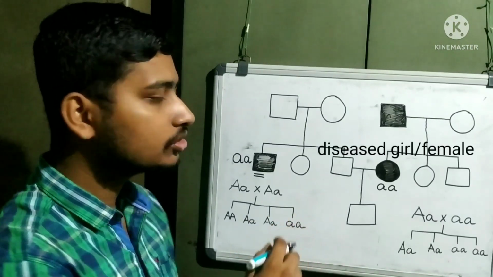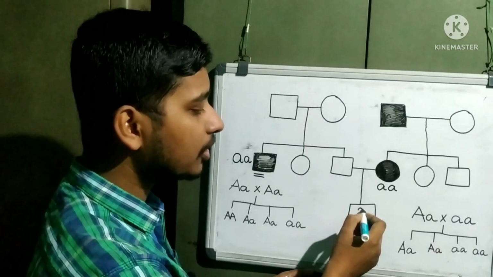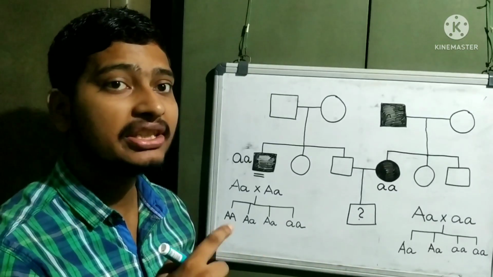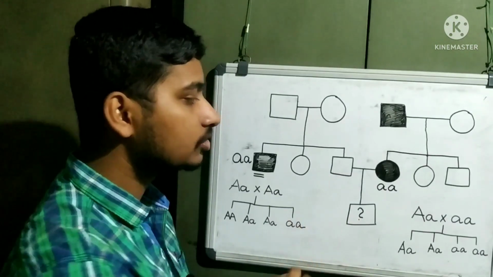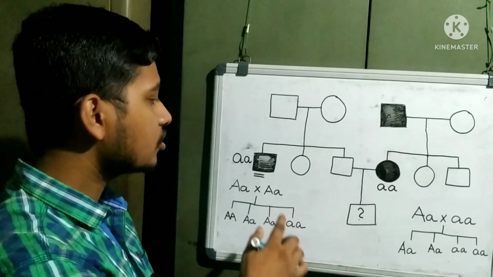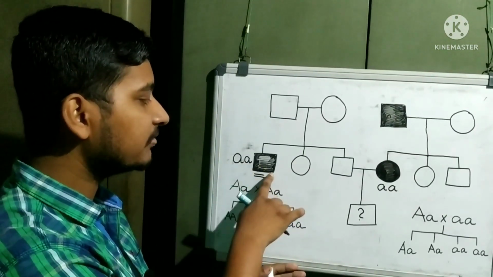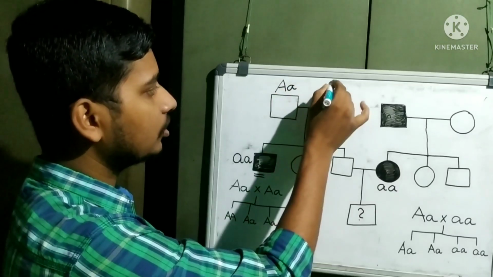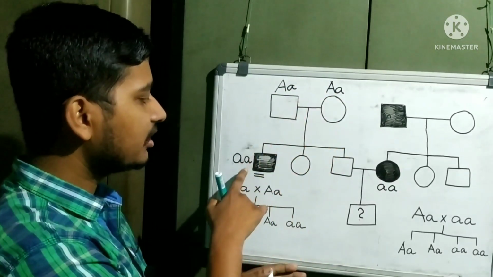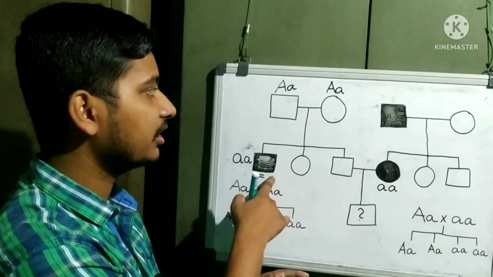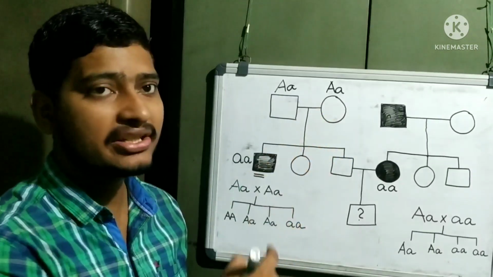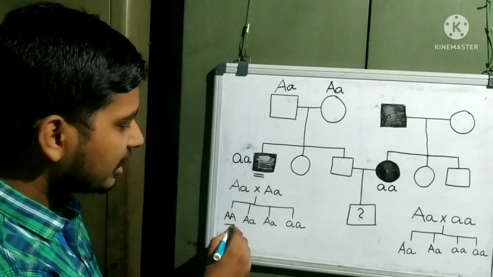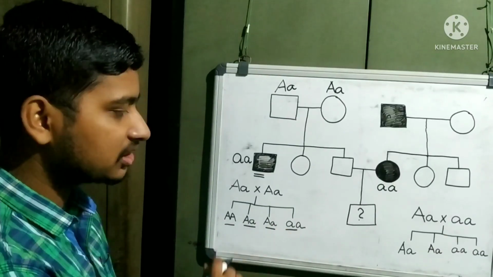So you have to find the probability of this child, this offspring, to be affected with the disease. Okay, so let's solve this question. As we know the genotype of this individual, its parents will be carrier. Then only the diseased condition can be seen here, and these are undiseased, it means they are carrier. If we cross the parents with this genotype, then we find 4 types of possibilities.